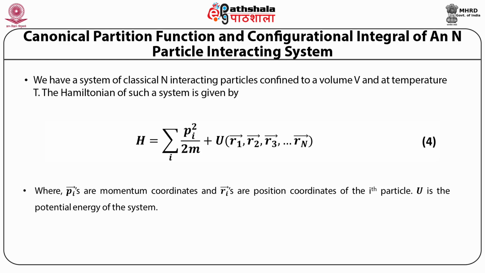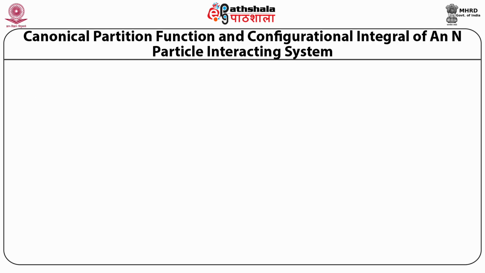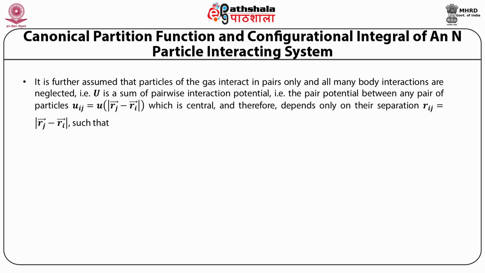U is the potential energy of the system. It is further assumed that the particles of the gas interact in pairs only, and all many-body interactions are neglected. That is, U is a sum of pairwise interaction potential. That is, the pair potential between any pair of particles i and j, small u_ij, is equal to small u as a function of modulus of r_j minus r_i, which is central and therefore depends only on their separation r_ij,